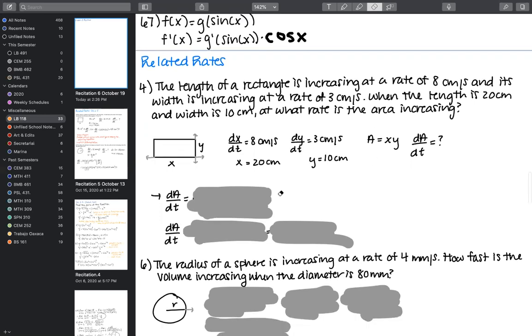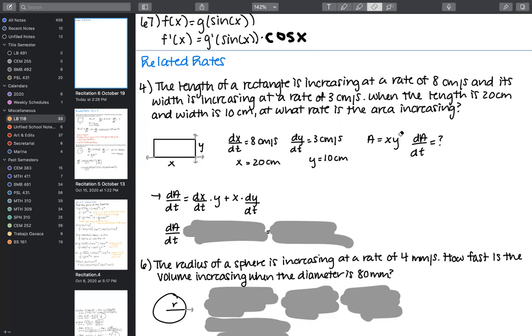And so we just differentiate the area equation. dA/dt is going to be the derivative of the first times the second plus the first times the derivative of the second. These are both functions. When we do implicit differentiation, this is technically still using implicit differentiation, we're used to seeing, I'll say we treat x as a variable, and then we treat y as a variable and as a function. That's not necessarily correct math terminology, but in my attempt to break it down into English for you and help you guys understand what's going on, that's how we treat implicit differentiation.